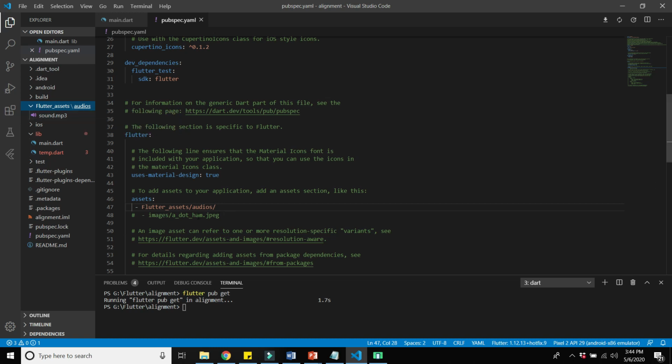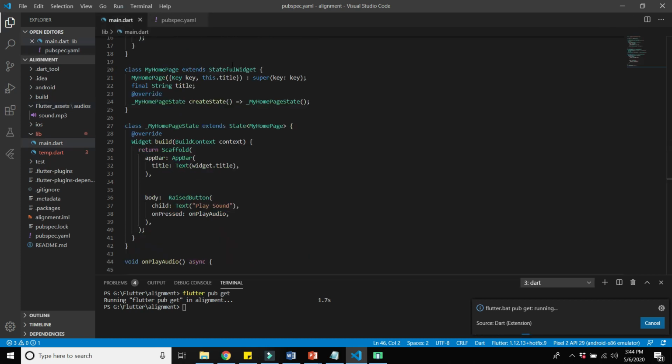So you have to include the folder where the sound.mp3 file is present. You can change the sound.mp3 file name, but you must include that folder here, otherwise it will not work fine. After adding this, just press Ctrl+S to save this file.